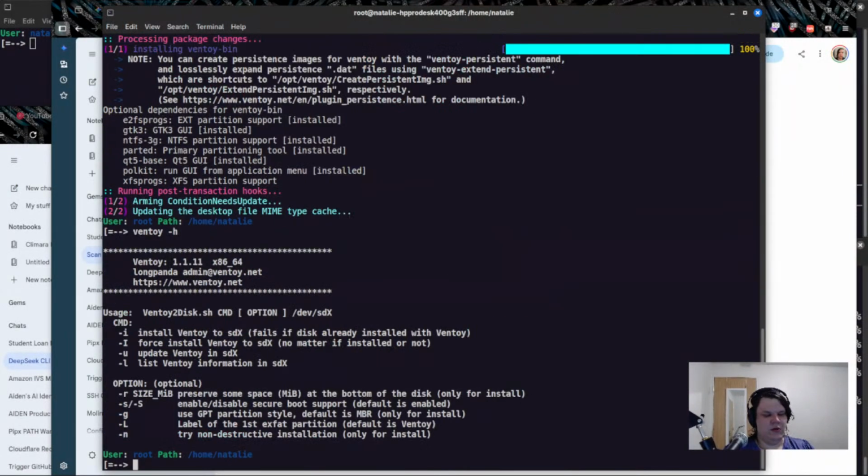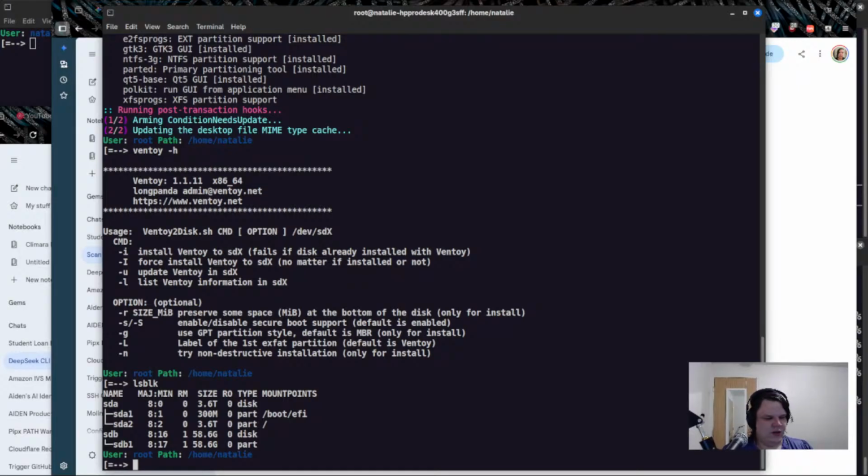Ventoy, just like that. So what we're gonna do is look at the drive number. This is sdb1, as you can see here on the top. Make sure you do the drive, not the partition.